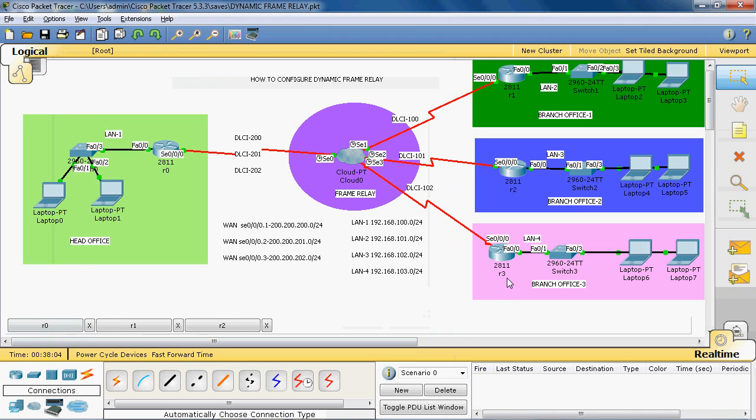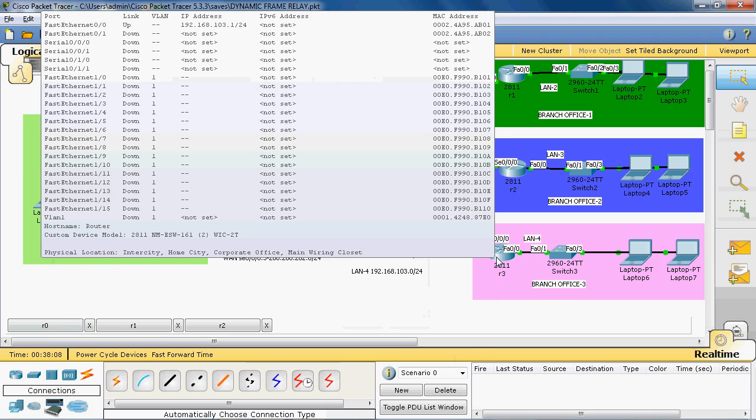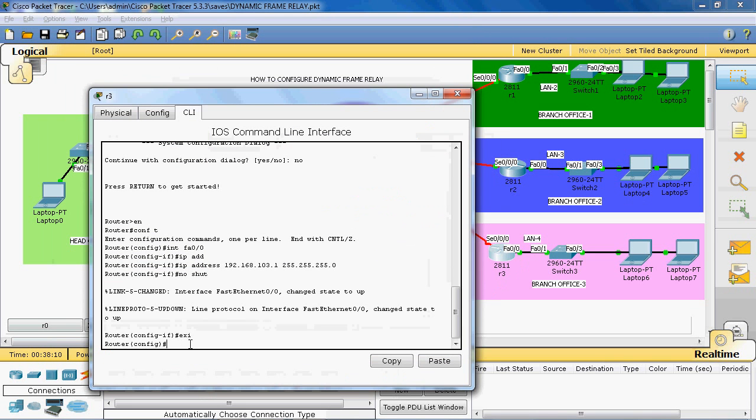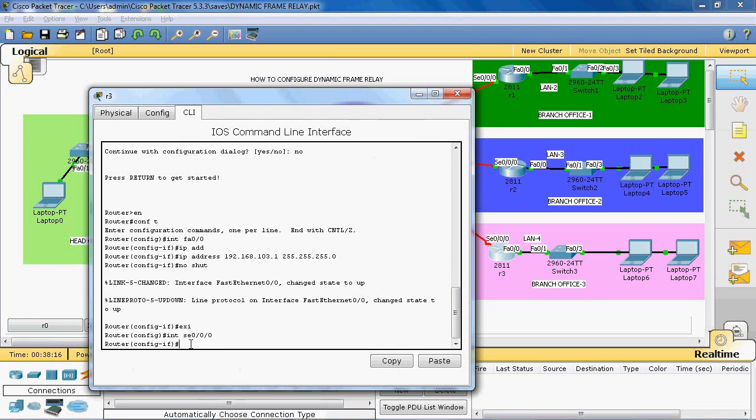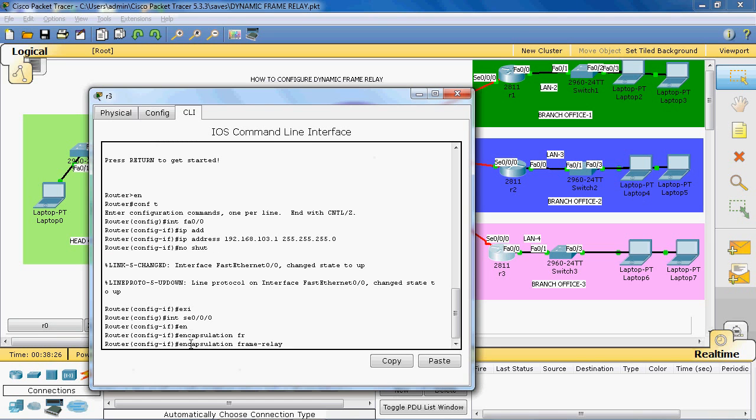We can go to the R3 router. First of all, we can change the default WAN protocol HDLC into frame relay. So interface serial 0/0/0. The syntax for changing the default HDLC protocol into frame relay is encapsulation frame relay.